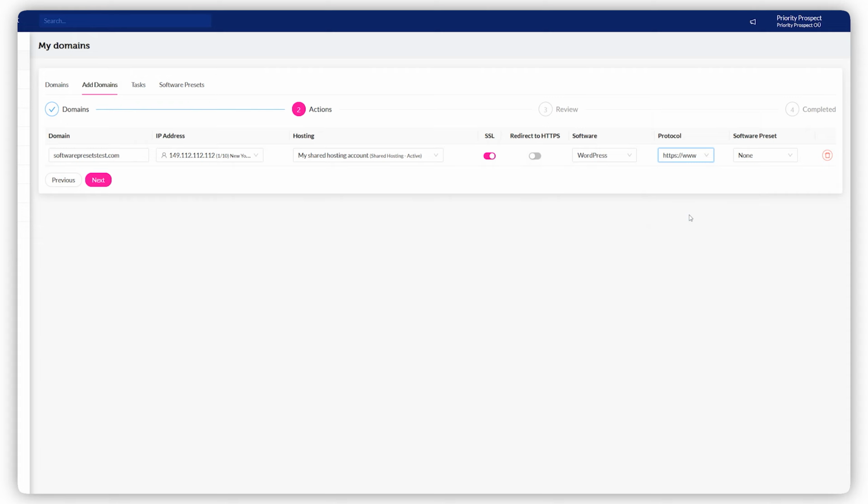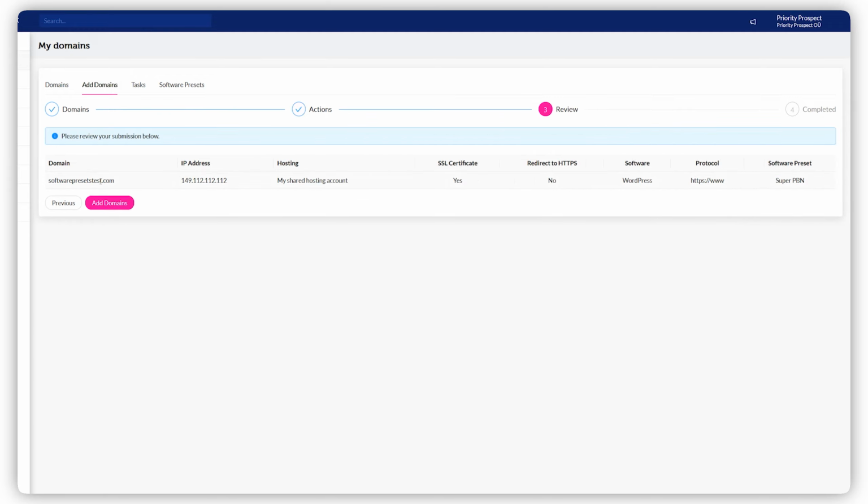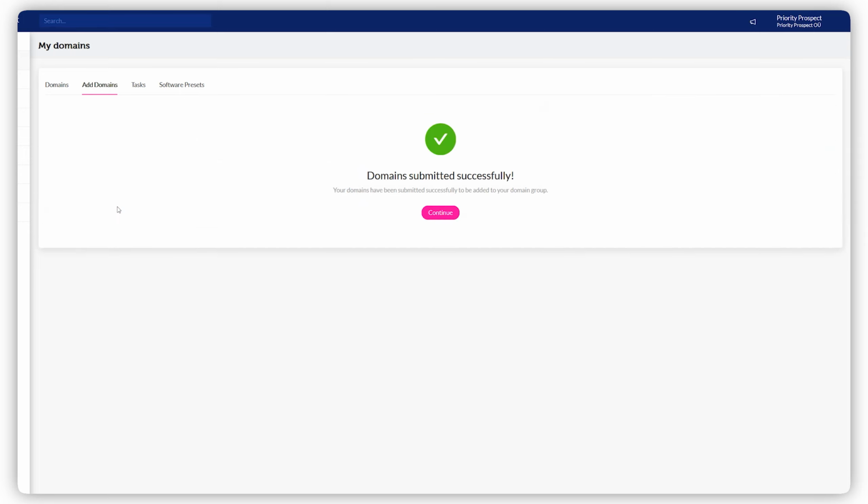At the beginning of this process, we created a software preset called SuperPBN, so now under Software Preset, simply select SuperPBN. Click Next, and then click on the Add Domains button. Great work! Your domain has been successfully added to the domain group, and our system will start processing your installation